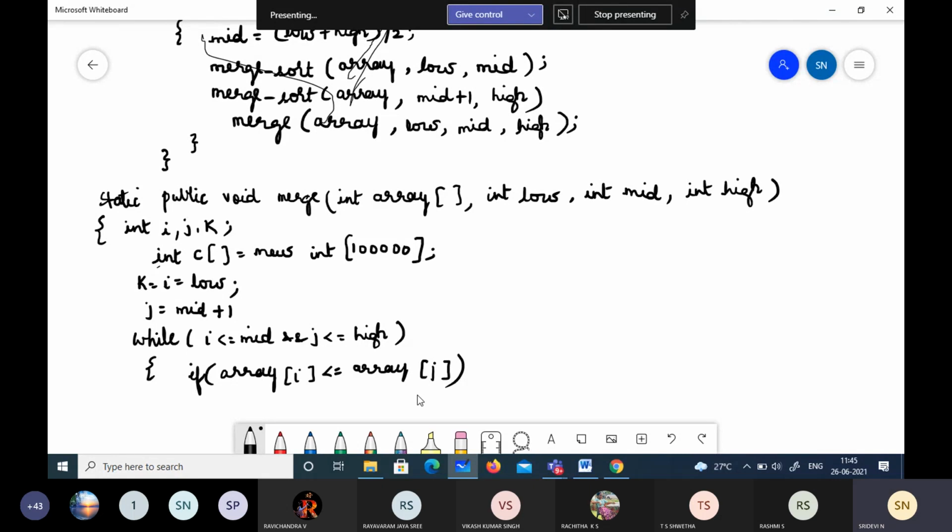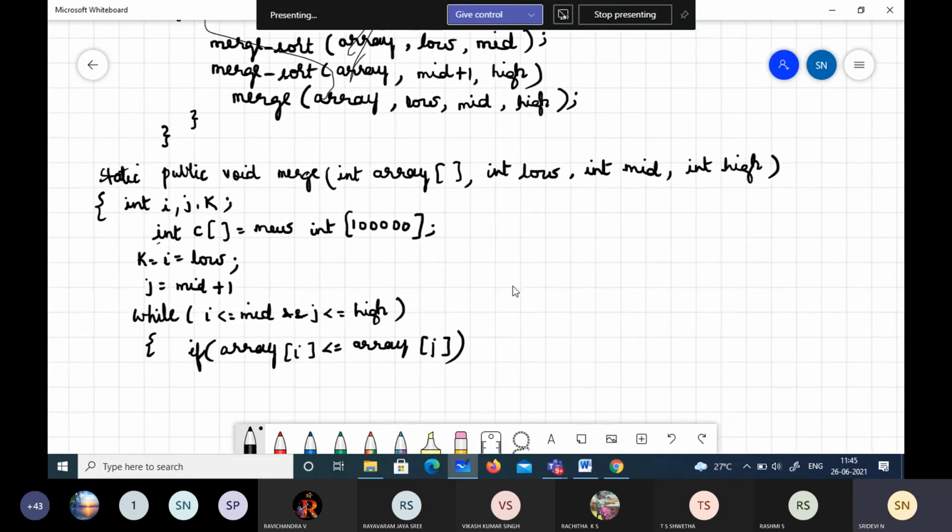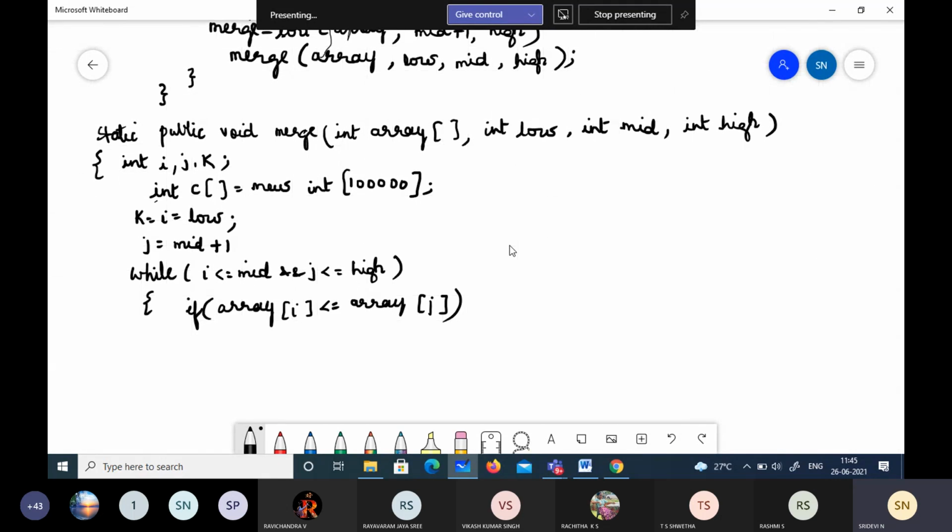And then what do I do? If it is true, what element will I keep in the C array? Now you tell me and I'll write it down. If array of I is less than array of j, which element will I put into the C array?